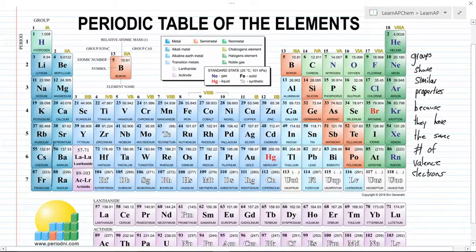I could go on and on. The alkaline earth metals also are very explosive because they have 2 valence electrons, and these are a little more because they only have 1. But you guys sort of get the point.